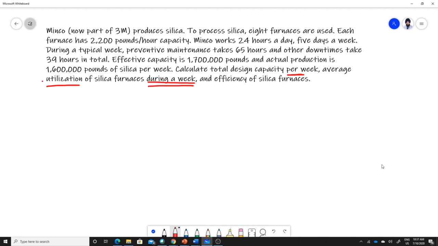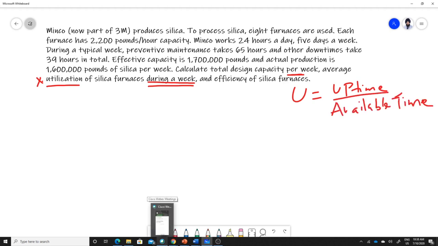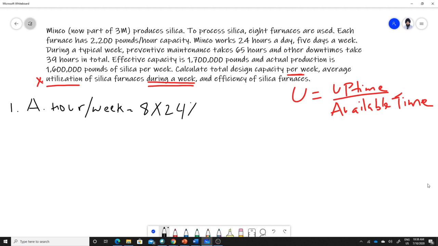If you have a question where you're asked to calculate utilization during a period, you're going to use the formula: utilization during a period equals uptime divided by the available time. So let's start calculating the design capacity per week. For that, let's get the available hours, as we need to do everything per week. The available hours per week are going to be, so we have 8 furnaces which are operating 24 hours, 5 days a week. That's all given here, right? So that will give me